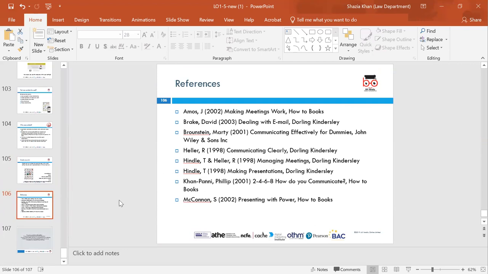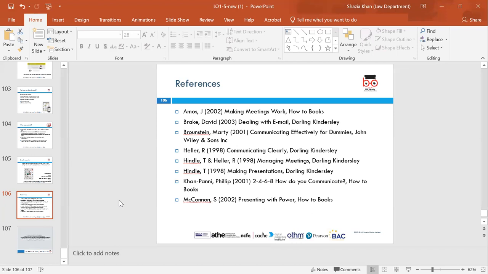Now, the session we've finished was the final session in regards to completing the communication module. And these are some of the references that we've looked at. So we've got Amos J 2002, Making Meetings Work, How To Books. David Brake 2003, Dealing with Emails, Dorling Kindersley. Brounstein Marty 2001, Communicating Effectively for Dummies. Heller, Communicating Clearly, Dorling Kindersley. Hindle, Managing Meetings. Hindle, Making Presentations. So these are the resources we've used that you can look at to help you complete the